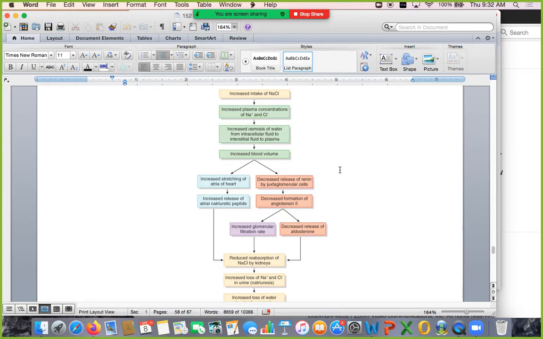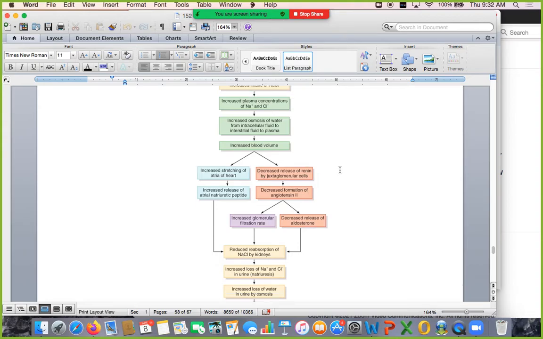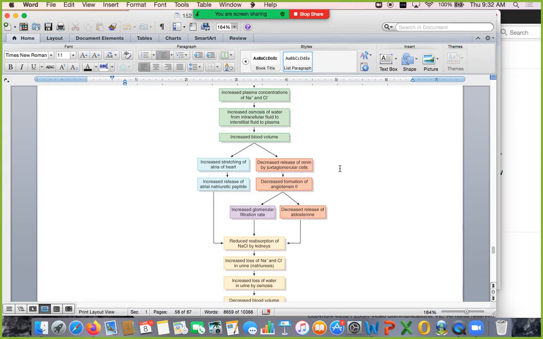Remember, water will always follow sodium and chloride, so it'll come out of the interstitial fluid and into the blood, increasing the blood volume. When blood volume increases, that increases the stretching of the atria of the heart, and that is going to result in an increase in ANP. On the flip side of this, we're also going to have less renin produced by the juxtaglomerular cells, and decreased formation of angiotensin II, which decreases the release of aldosterone, and all of that's going to result in increased glomerular filtration rate. These three things together are going to reduce the resorption of sodium chloride by the kidneys, which means we're going to increase the loss of sodium and chloride in the urine,